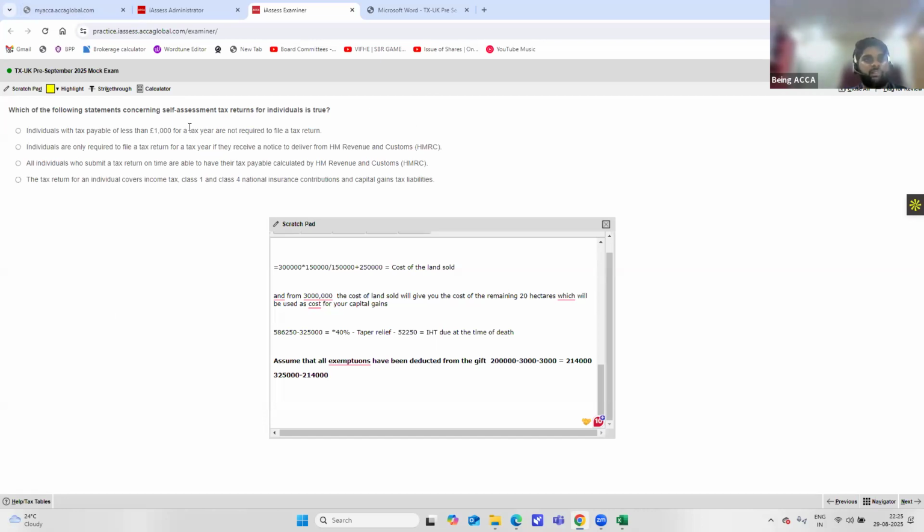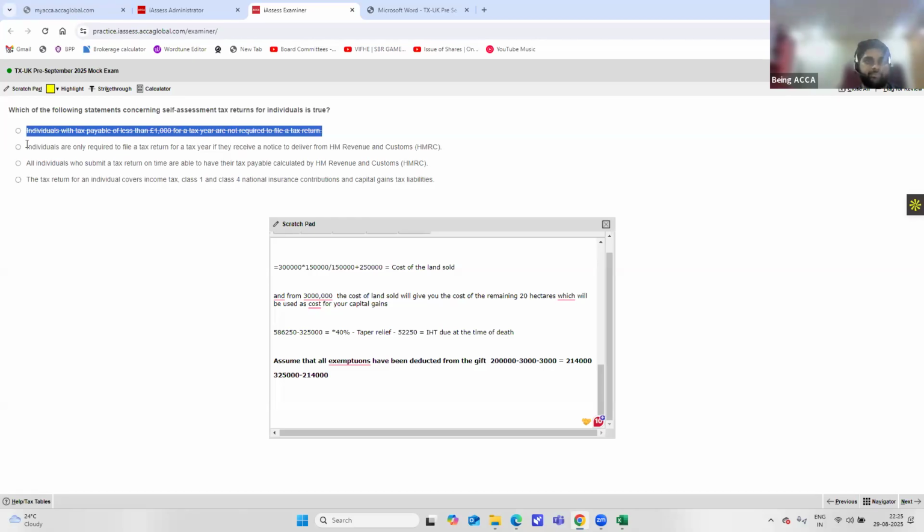Individuals with tax payable less than 1,000 for a tax year are not required to file a tax return. This is completely false, because this is only applicable to payment on account. If you're having less than 1,000 as your tax payable, then payment on account is not necessary. That's all this is. But it does not say that individuals with tax less than 1,000 are not required to file